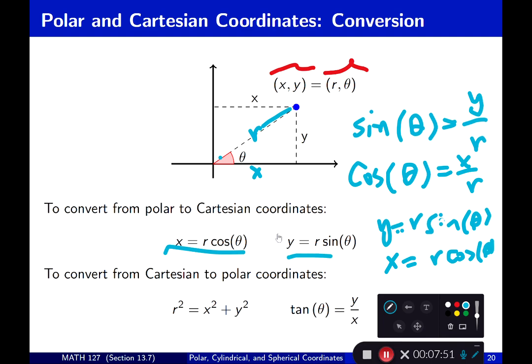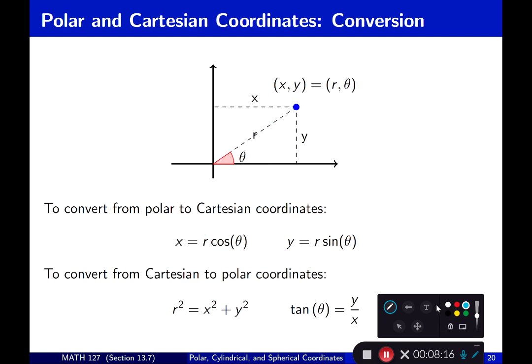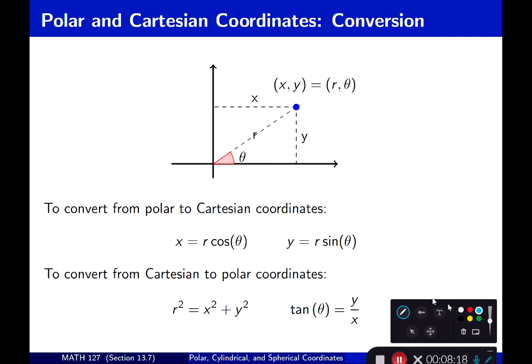And this is actually a formula that you can use to convert polar to Cartesian coordinates. If I give you polar right here, you can get the Cartesian values over there. So these are the inputs, outputs are x and y. How about the other way around? So the other way around, if I want to find